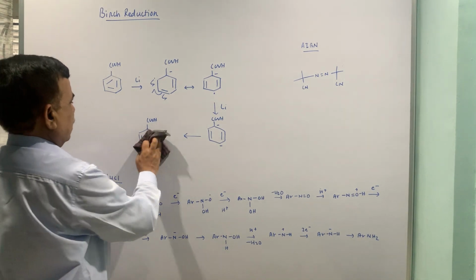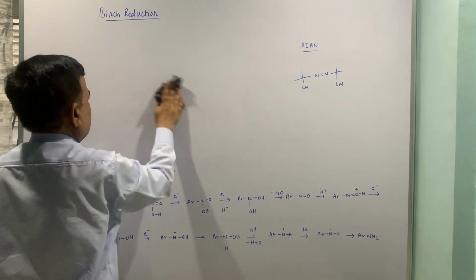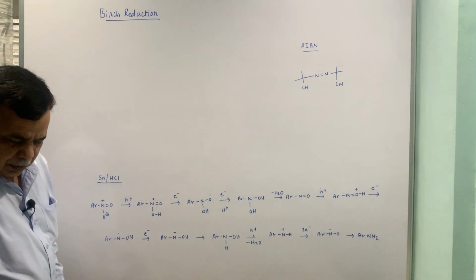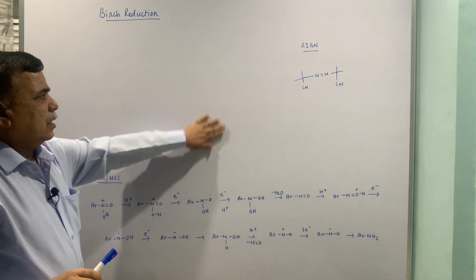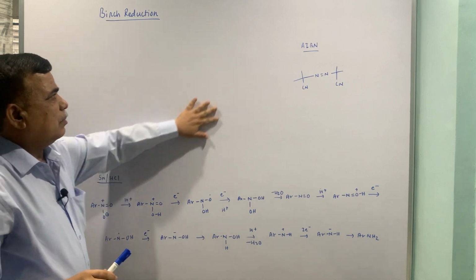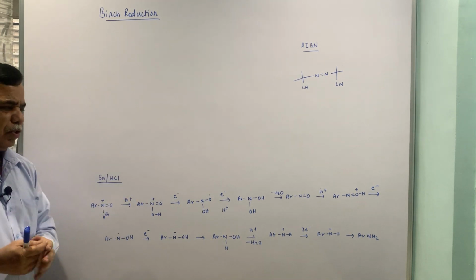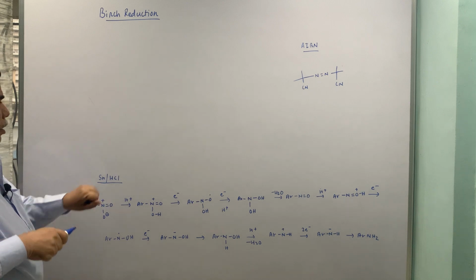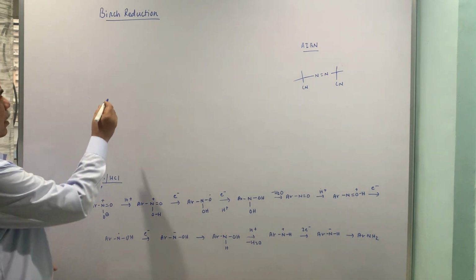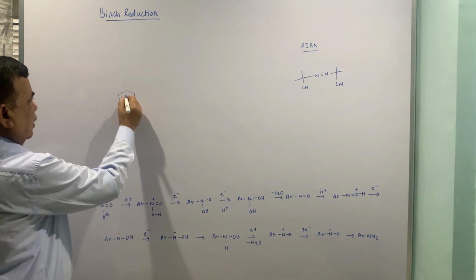Now, moving on to the third example. Let us finish that and then we will go to the NO2 group reduction with tin and HCl. Then we will see some examples on lithium aluminum hydride and the sodium cyanoborohydride reagent, and then we will see one example on AIBN also. Okay. Now, the third example is naphthalene.